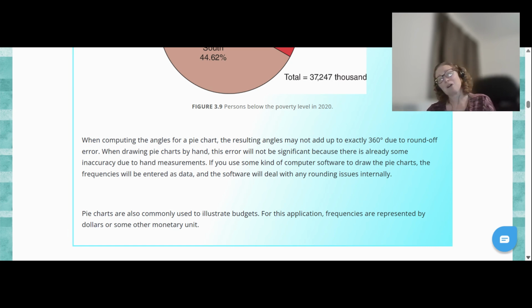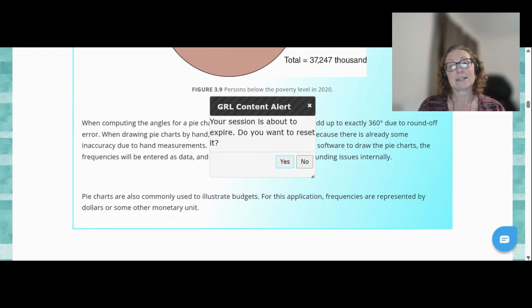especially if we're going to publish it or send it to our supervisor, it is probably a good idea if it did add up to 360 and add up to 1 and all of that, because they could catch that and say, "So why didn't this add up? Is it not correct?" And if they see that wrong, are they going to just throw out your data because they see one thing wrong? So, just something to keep in mind. We can also use pie charts when we look at budgets, and we would look at the frequency as a